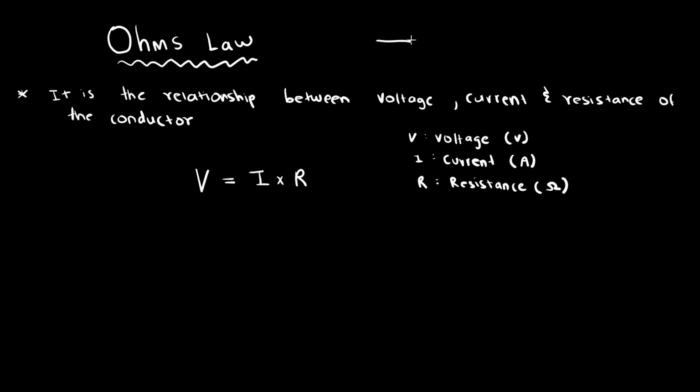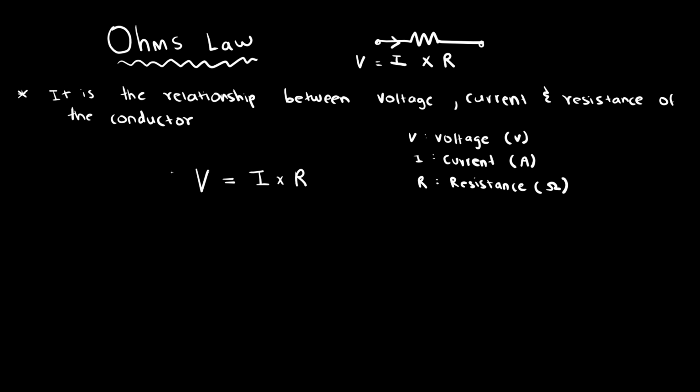So graphically, let's assume a conductor. Conductor would have some sort of resistance, right? So the voltage across a resistor is equal to the current flowing through the conductor multiplied by its resistance R. Simply V equals IR,